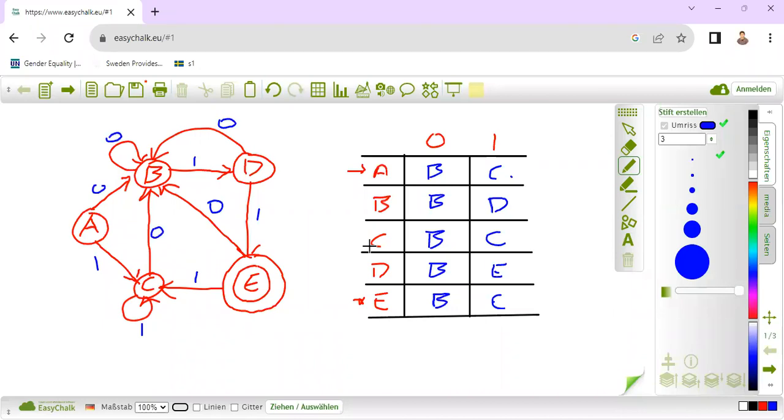Guys, now we are going to learn about minimization of DFA. So here they are given the diagram of the DFA and transition table. Now we have to minimize the given DFA, which we have to do to reduce the states of DFA. For reducing the states of DFA, we have to check the equivalent states,